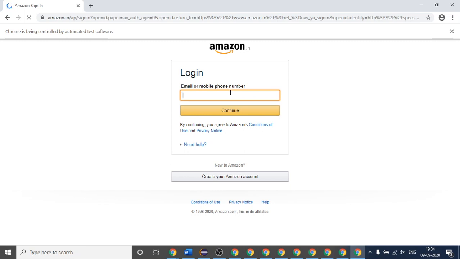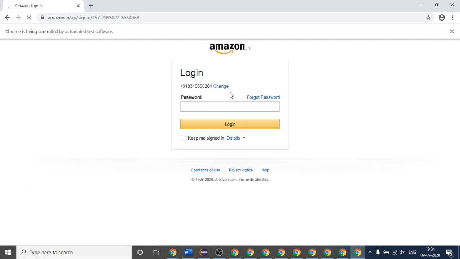The site is still loading, and it is taking time again. See, it has entered the number, and after it has clicked on the continue button, for 7 milliseconds you will not see anything change in the script.